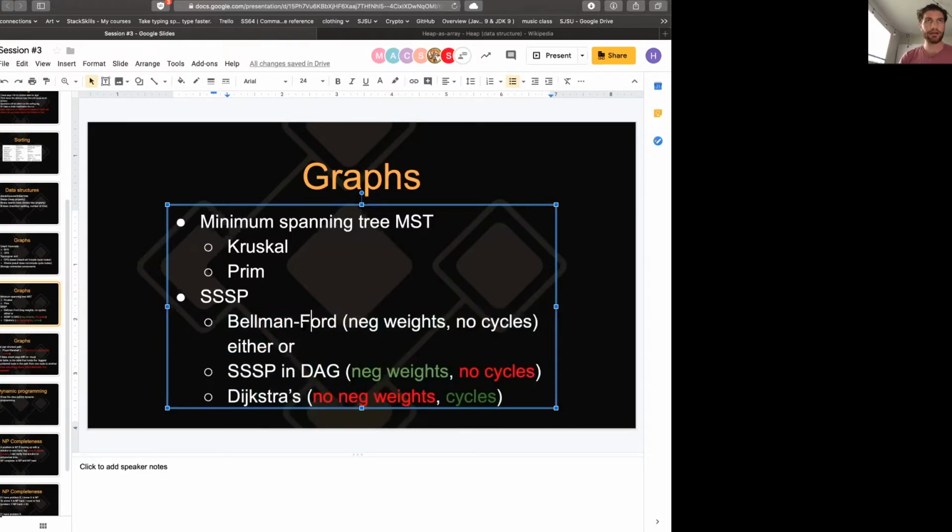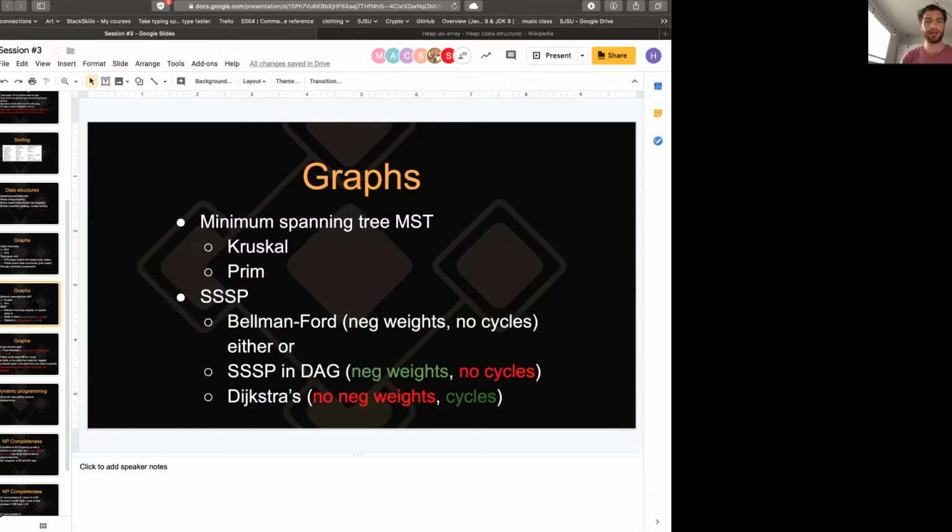Okay, and that is single source shortest path. Was I clear on the Bellman-Ford so far? It makes sense? We can have either or. So it's either no negative edge weights and we can have cycles, or we can have negative edge weights but no cycles. The book has it in a certain way. Probably the videos have it a different way. Okay, so that's single source shortest path. Let's move on to